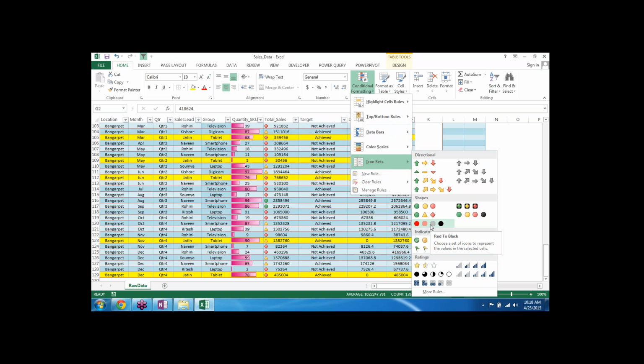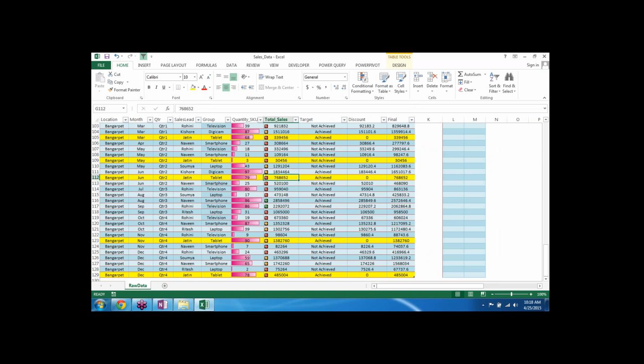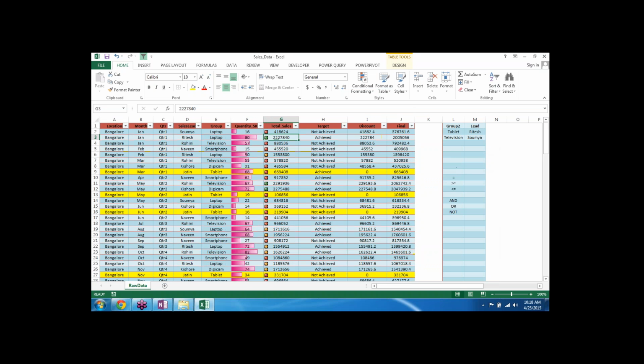So this has got some meaning actually. I will show you. If you just put it like this, see, red, green and amber, or what we say red, amber, green, or RAG. So automatically this column is converted to RAG, and there is a logic behind it.